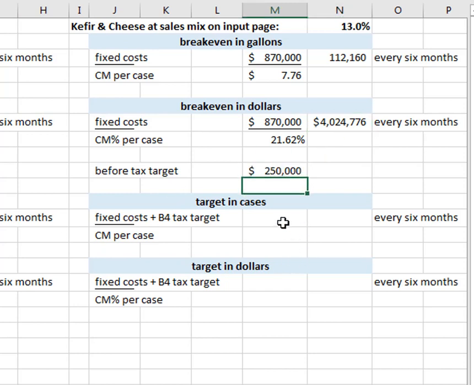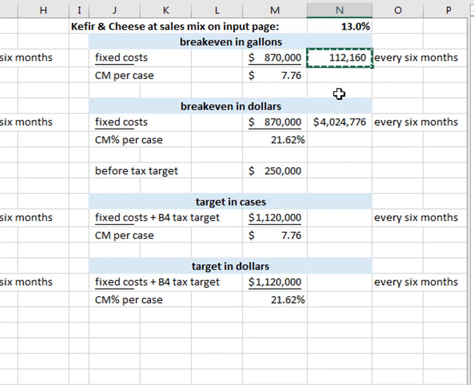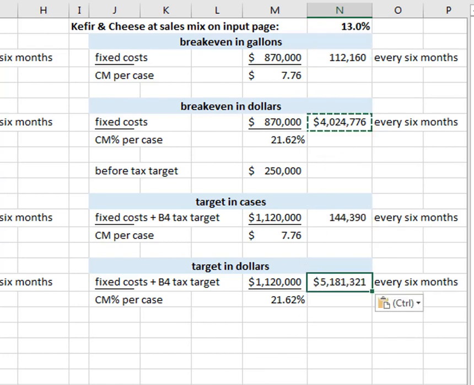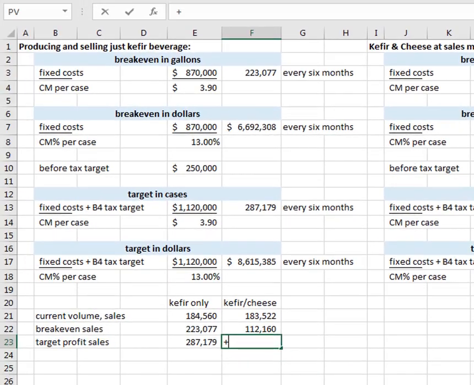Before tax target is the same, so now we have the fixed cost plus the target and the different contribution margin per sale, per case. Okay. Copying and pasting the formulas there. So